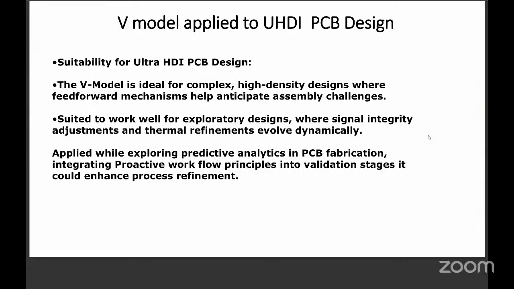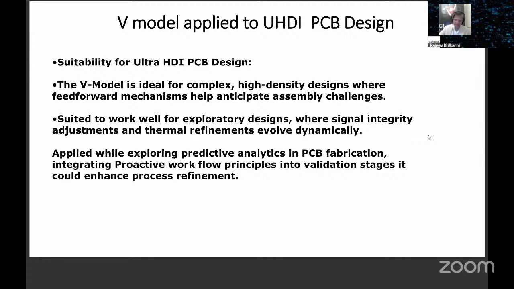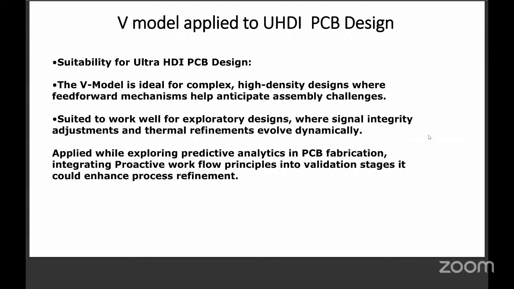This is a very good statement. The V model is ideal for complex HDI designs where feed-forward mechanisms help anticipate assembly challenges. PCBs are built for assembly also, not only for SI and all. Structural integrity is very much important. It is suited to work well for exploratory designs.